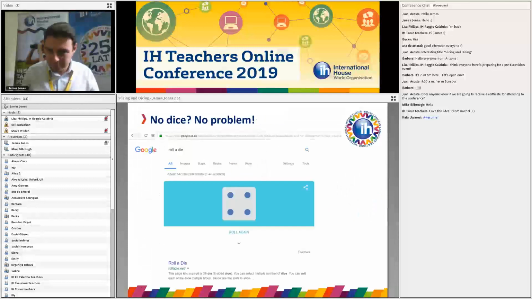If perhaps a colleague has taken all of the dice and you've got none left, or maybe you don't have many dice on you, or you haven't got enough for all the students, you could simply type in "roll a dice" in Google and it will come up for you. You have a dice. Maybe if you had, for example, 2 opposing teams in previous activities that I've mentioned, then you could put it on a projector,